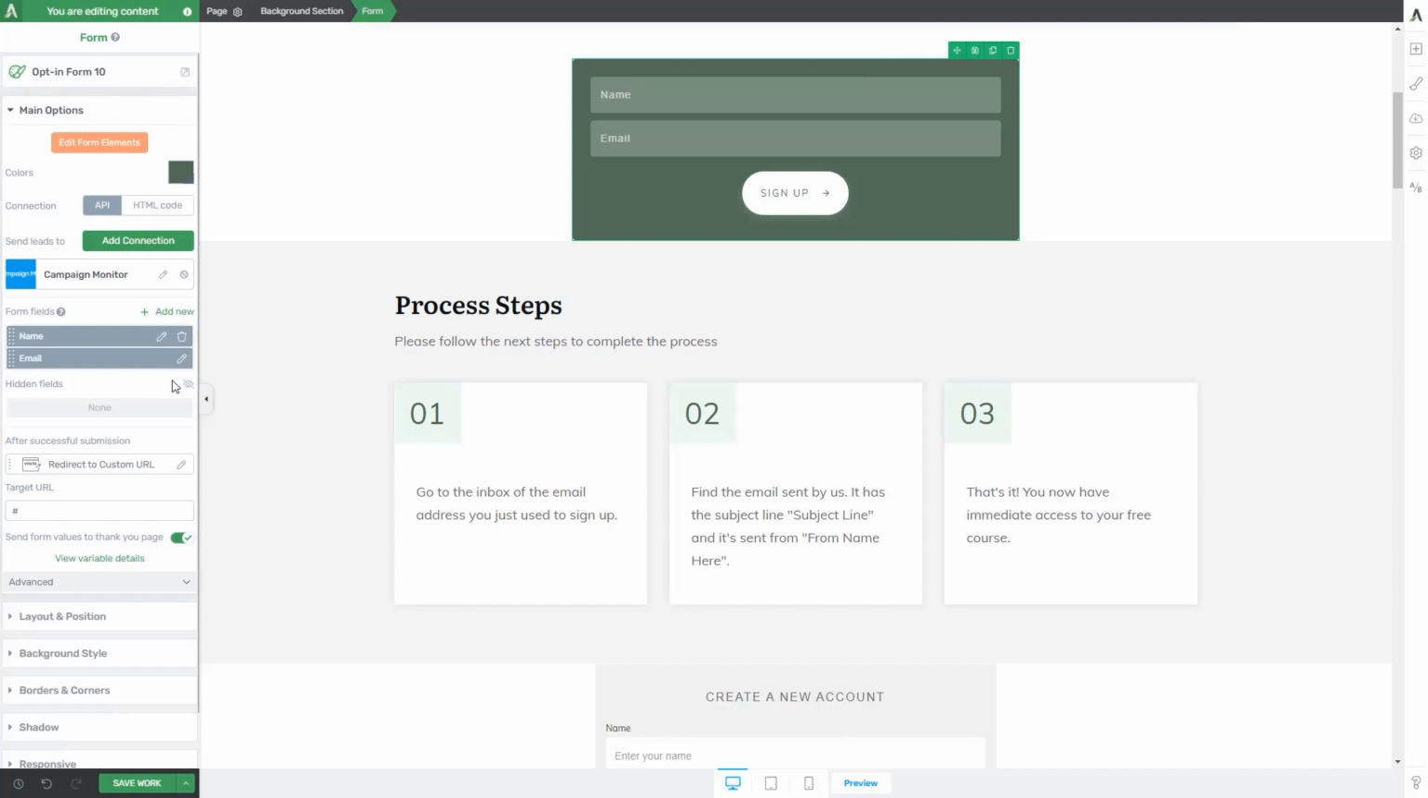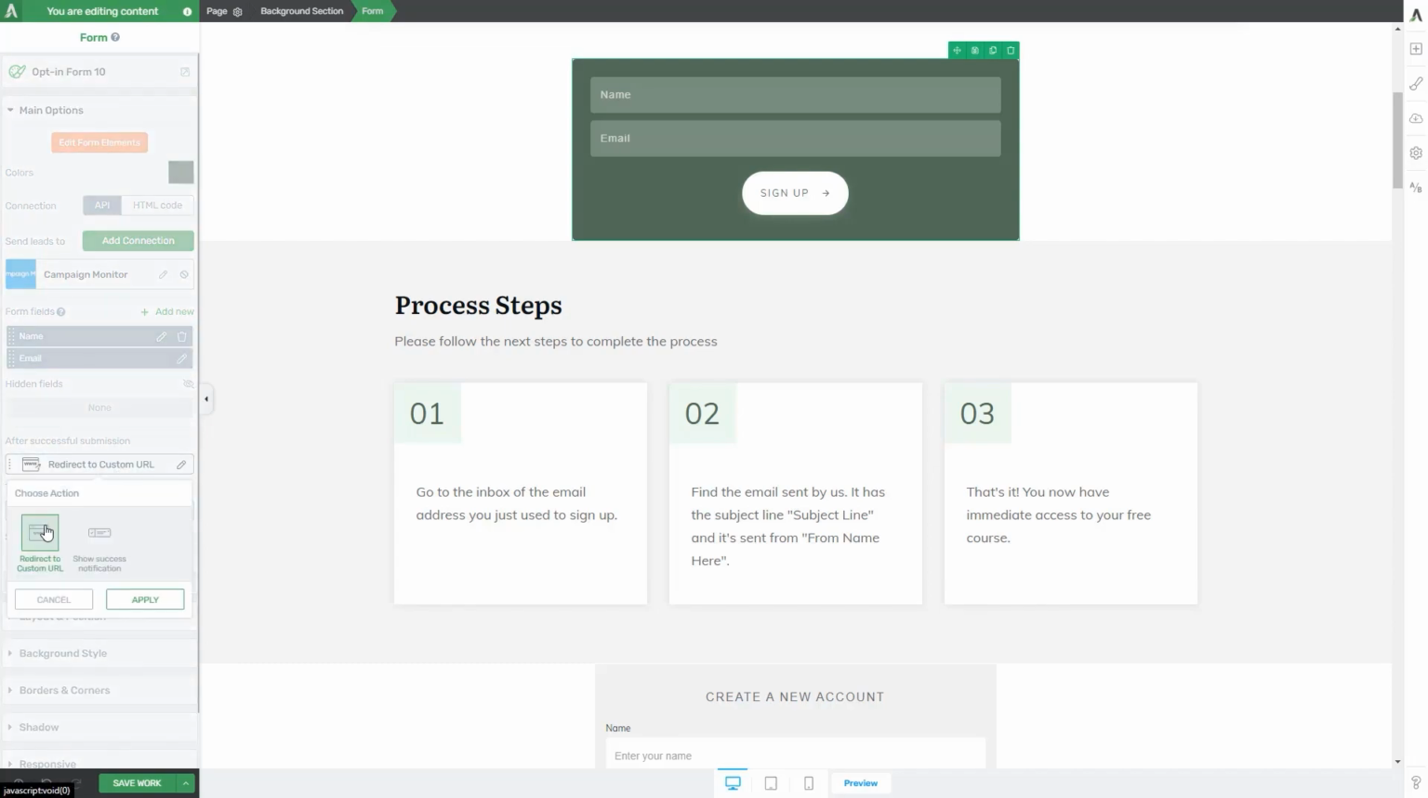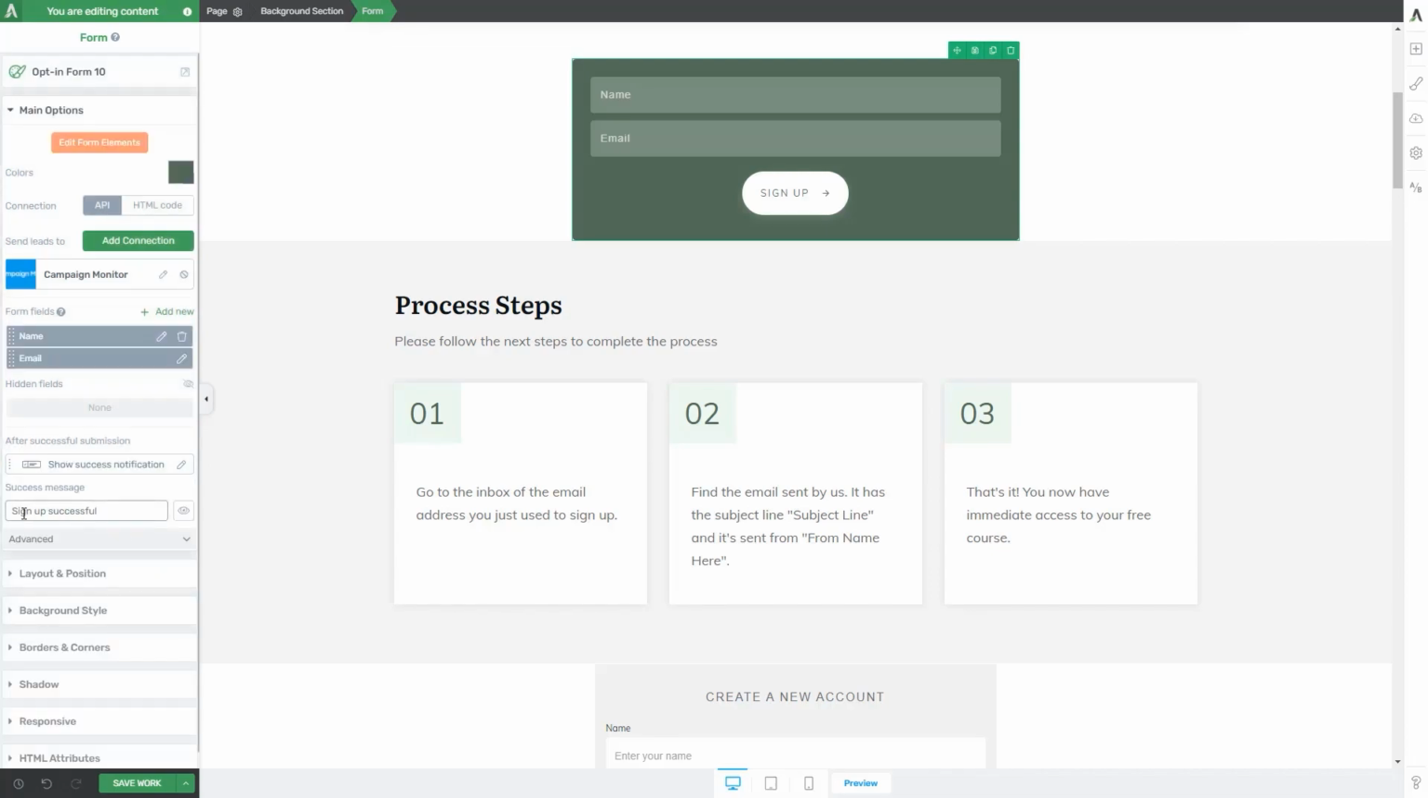Now you can start setting up the form fields which will appear here within your actual form. You can add new fields from here if you want, or edit or remove the already existing ones. And lastly, you can also decide what happens after the visitor signs up, so you can choose to redirect the user to a custom URL or display a success notification if you want, and then further customize the message from here. Now your connection is ready to be used, so make sure to save all your changes by clicking on